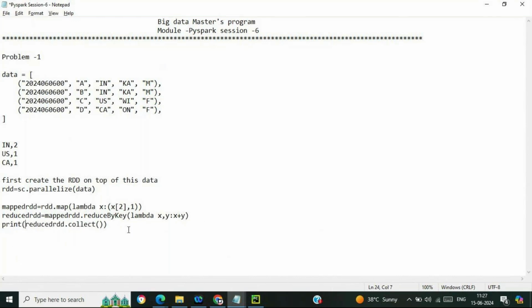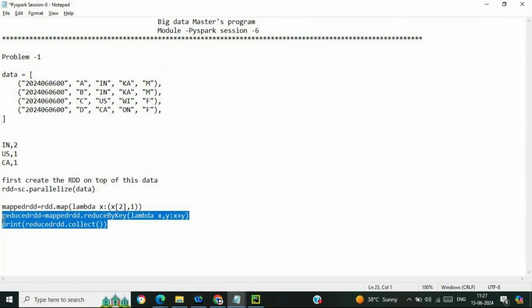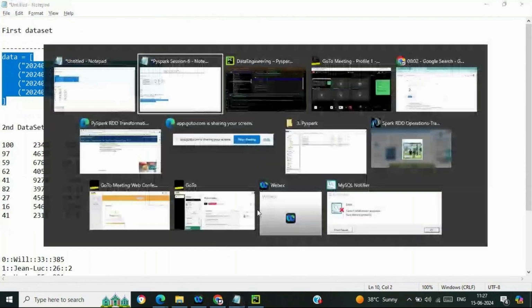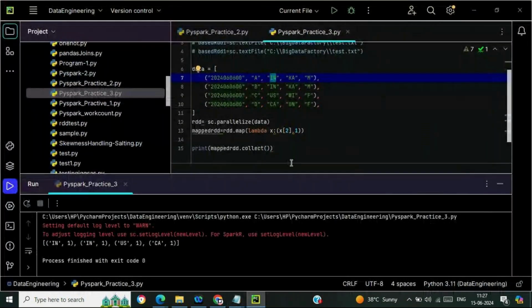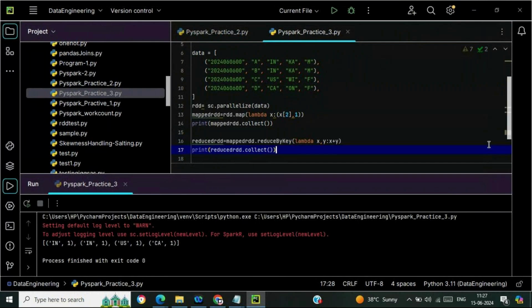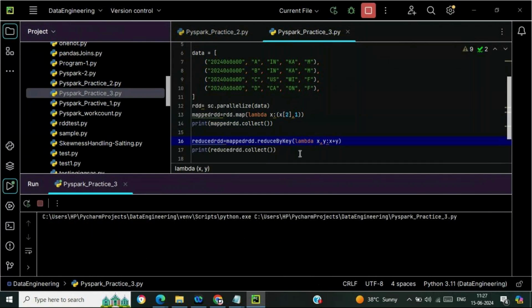Let me print this, paste it over here, and keep collect as well, because we just want to have a view of the intermediate outcome, and let me do the execution.